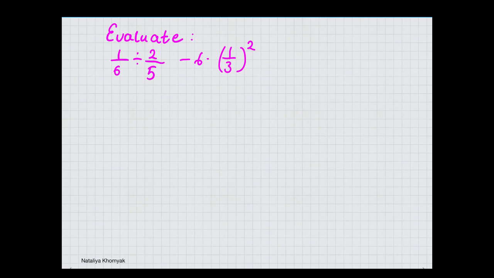The first thing in order of operations you need to do is simplify exponents. Now this is 1/3 times 1/3. Everything else remains the same, so we have 1/6. Before I move on, I'm going to change this division sign into multiplication because dividing by a fraction is the same as multiplying by a reciprocal. So we're going to flip 2/5 and get 5/2 minus 6 times, and now we just have to multiply,